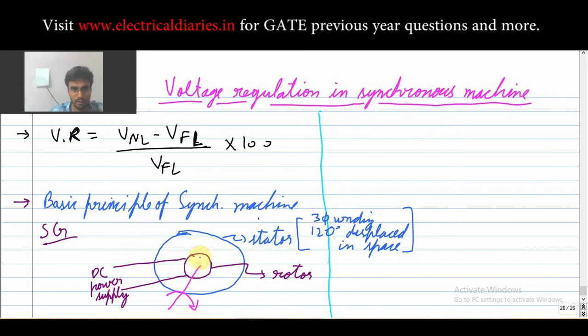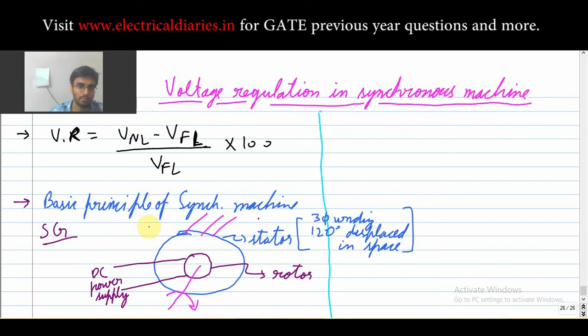Now this rotating magnetic field cuts the conductors of the stator. So now by Faraday's law, the EMF will be produced in the stator windings. From this EMF we can tap out and connect to loads. So if there is a closed path, then current will also flow. So this is the simple principle of the synchronous generator. Now you are getting the idea of what the whole situation is.